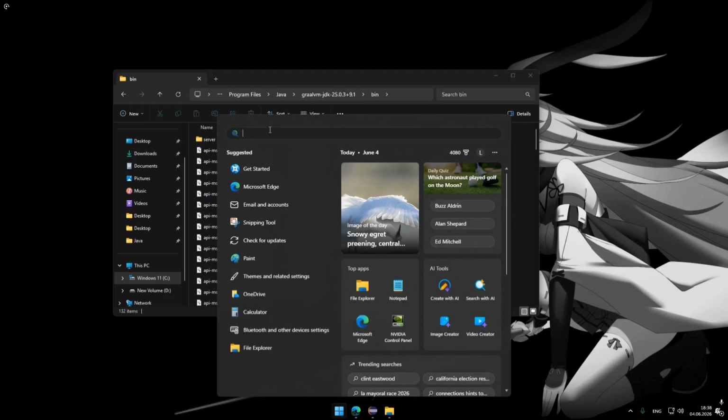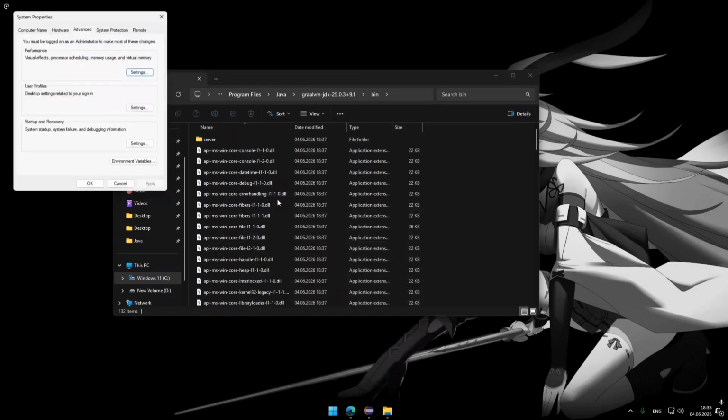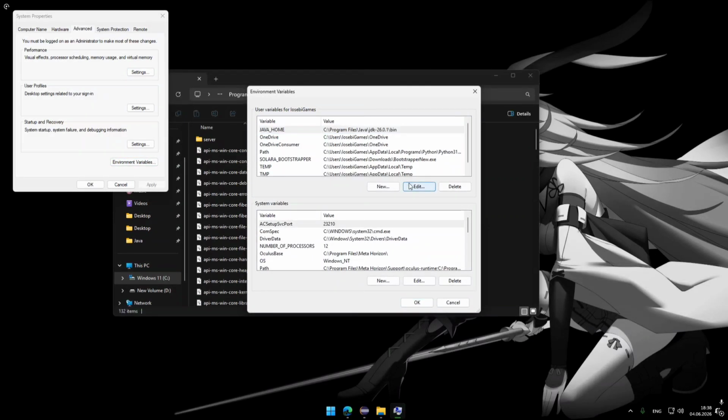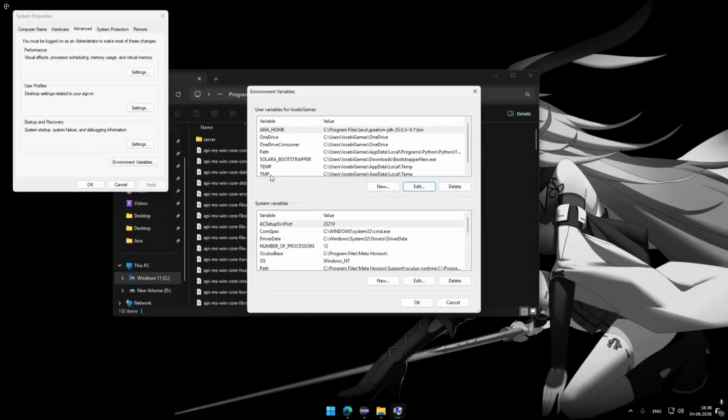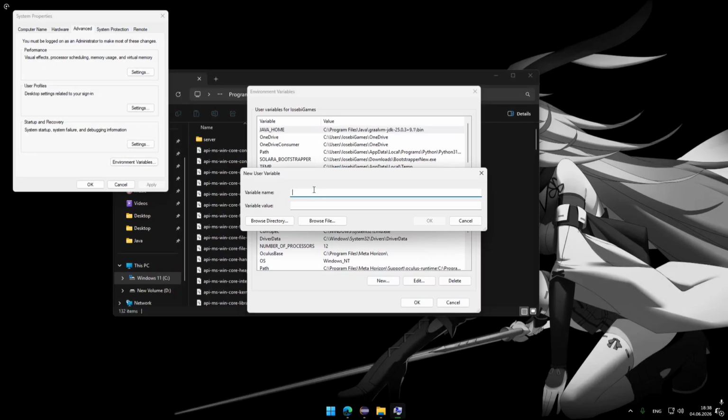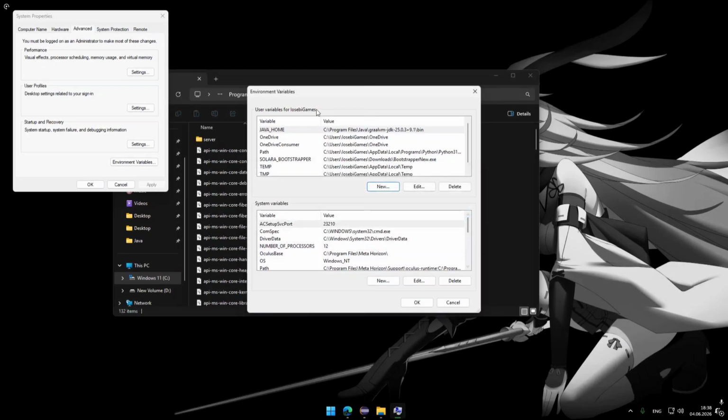Done. Now we should type here edit system environment variables, and then go to the environment variables, and inside we need to paste what we have copied. Done. Or alternatively, you can basically create a new variable and call this GraalVM home and paste this, and it will be enough. And you have probably already noticed these user variables and system variables, and both are important, I think, especially system variables, so our system can recognize GraalVM.